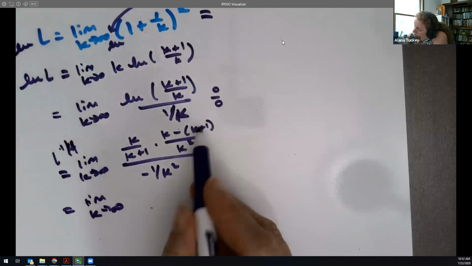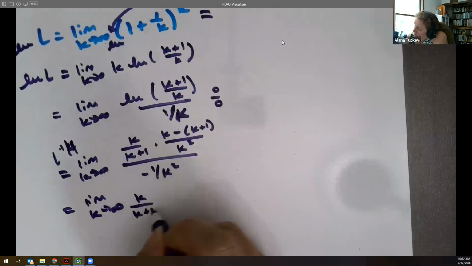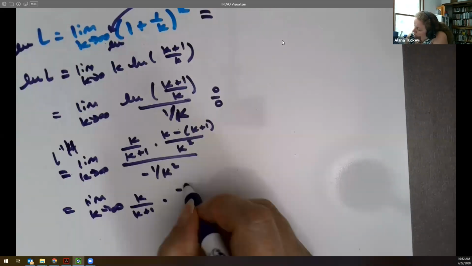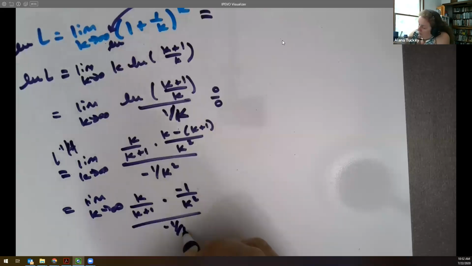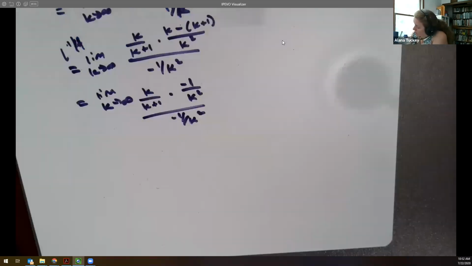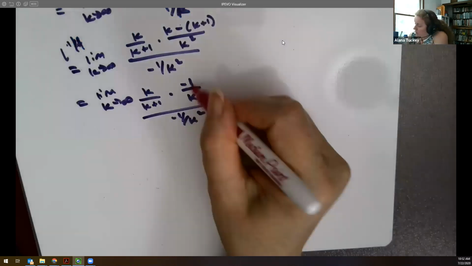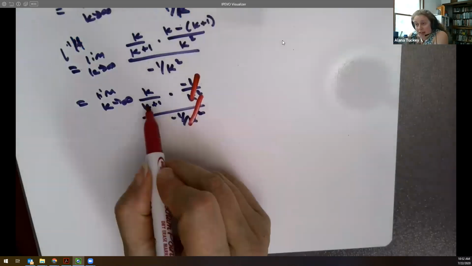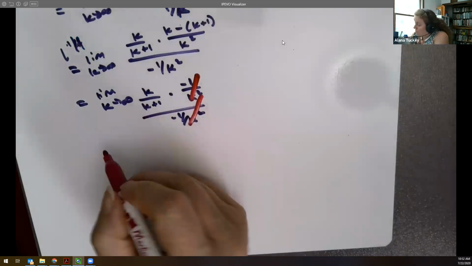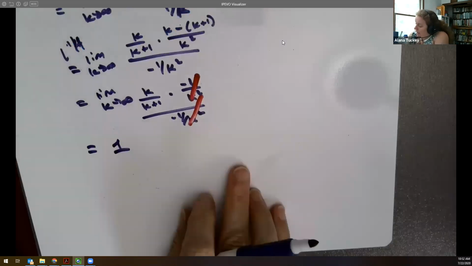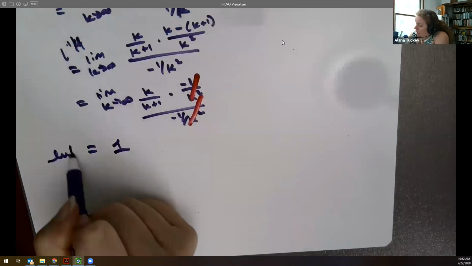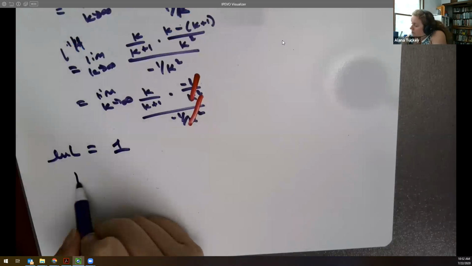You're left with k over k plus 1, wait for it, times negative 1 over k squared all over negative 1 over k squared. And these two cancel, and you're left with the limit as k goes to infinity of that, which we know by L'Hopital's rule, as well as the magical polynomial over polynomial table that we have, is 1. So the natural log of L is 1. Therefore L, which is what I'm trying to find right here,